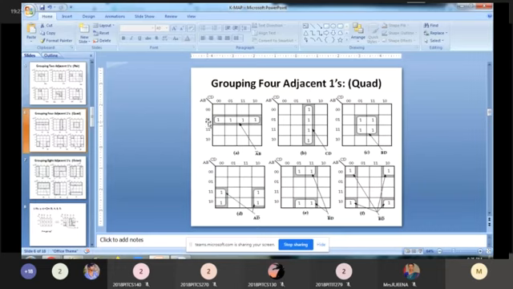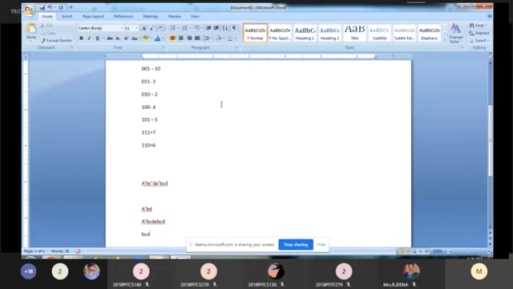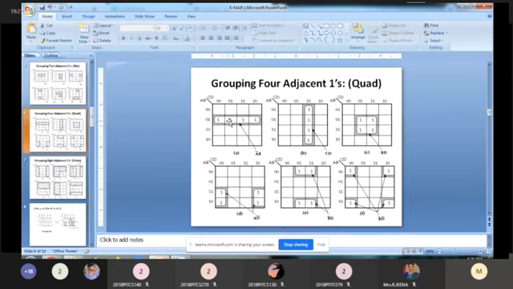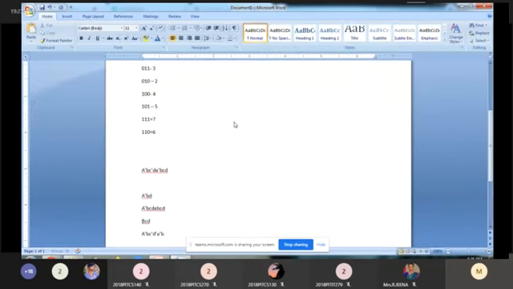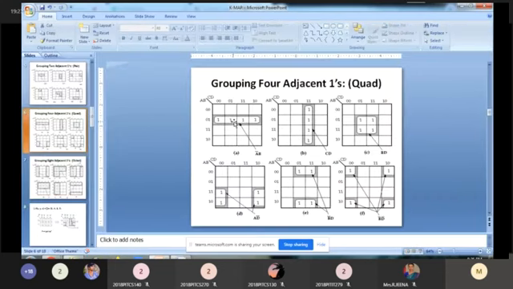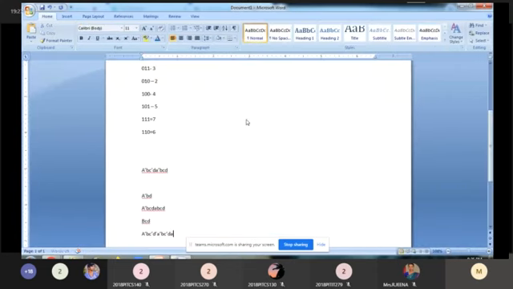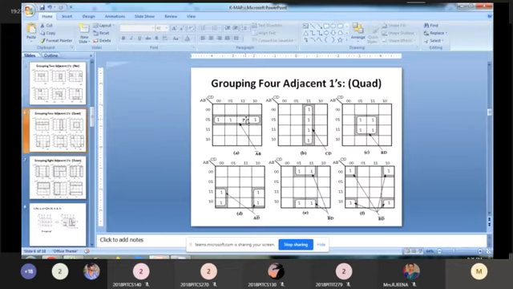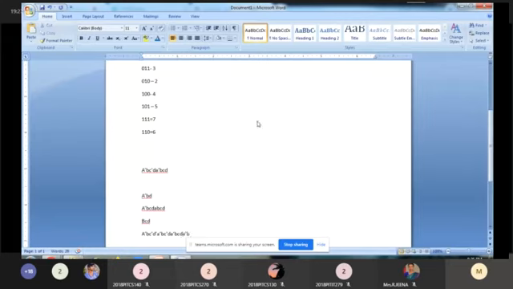So what are the variables here? First one. What are the variables? A bar B, C bar D bar. So your answer is A bar B, C bar D bar. Next. What are the variables of the second one? A bar B, C bar D. Next. What is the third one? A bar B, C D. Next. Fourth one. A bar B, C D bar. Okay. Now,